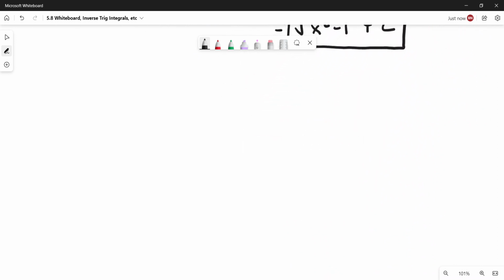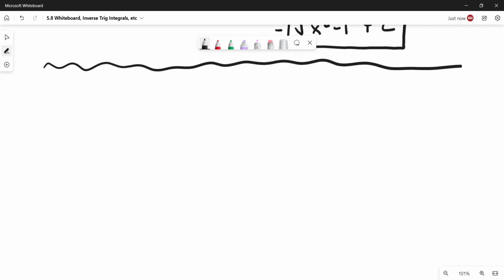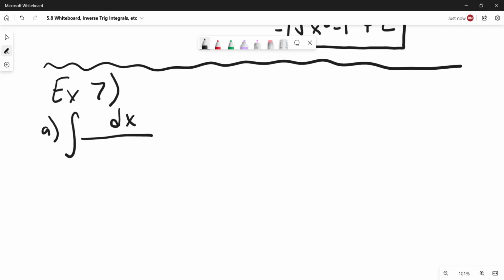Okay, the next one, example 7. Similar idea going on here. Example 7. Sorry, I'm breathing weird on this. Okay, so for A, this one has ln's in it. Ln's are always tricky